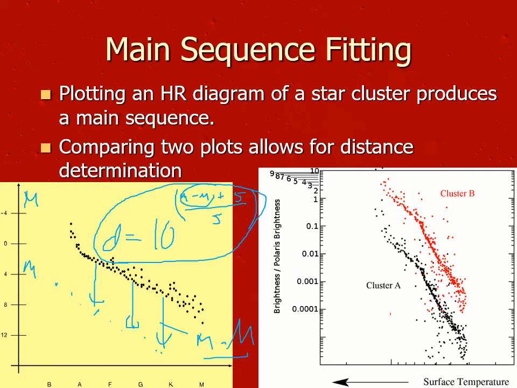Now this is useful when you look at a star cluster. You don't know how far away the star cluster is, but you do see the stars in the star cluster, and you can plot them, and you see that on a color magnitude diagram, which is what you would call an HR diagram if you're plotting apparent magnitude instead of absolute magnitude. Then you would see that the line is separate from the line of another star cluster. The separation between the two you can use to find the distance. So this is a major way of finding distances to star clusters.